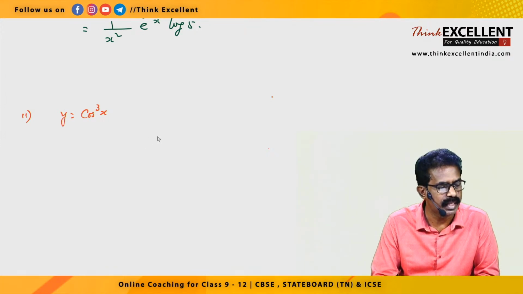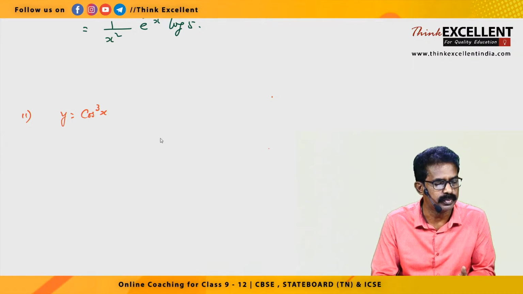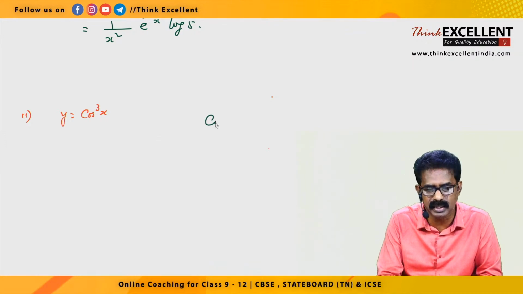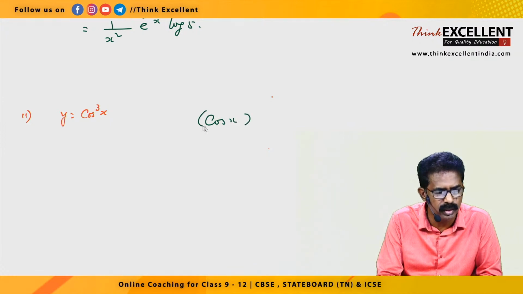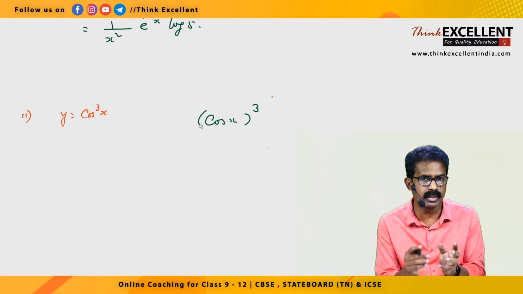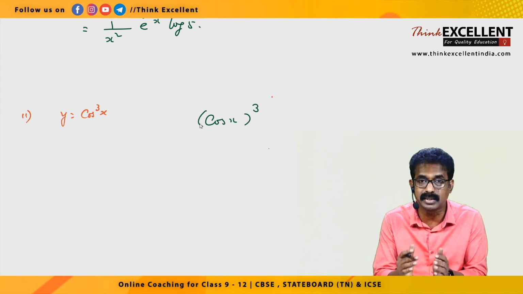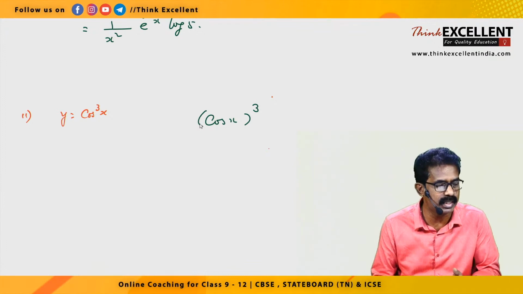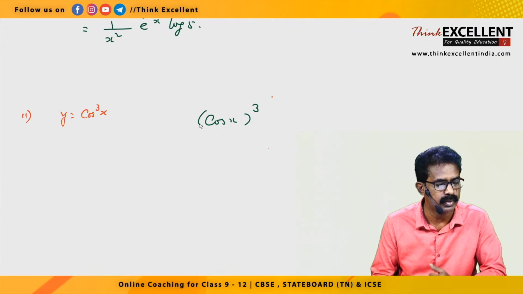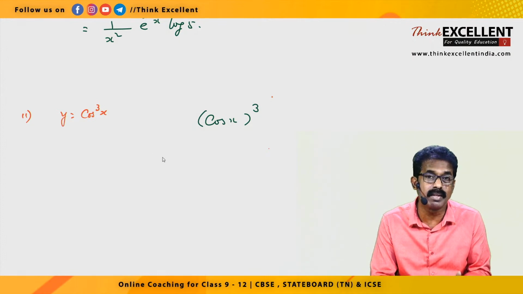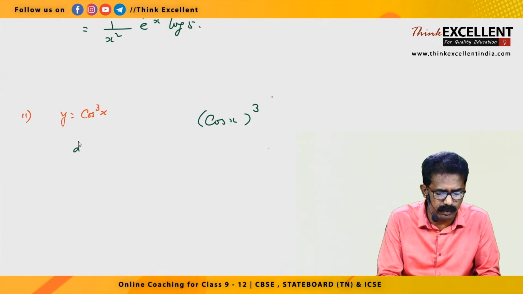This is of the type x cube, right? Cos cube x means this is actually cos x the whole cube. The sin square we did, no, sin x the whole square, same type only. Cos cube x means cos x the whole cube. So this is of the type x cube. Okay, some of the answers I got, we'll check them. X cube derivative is 3x square, right? So dy by dx is